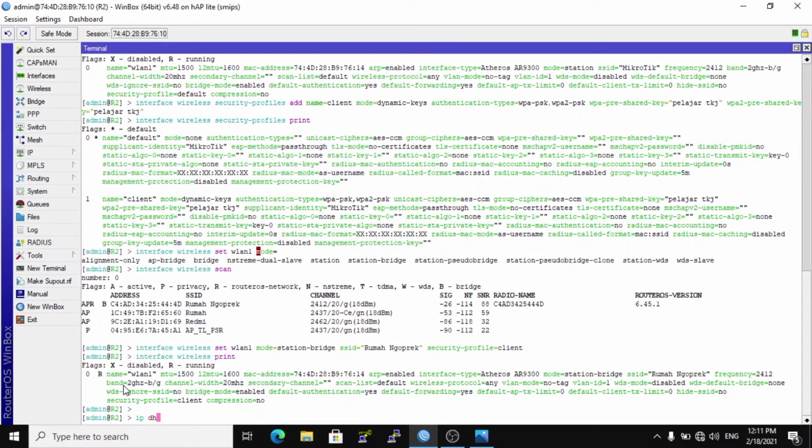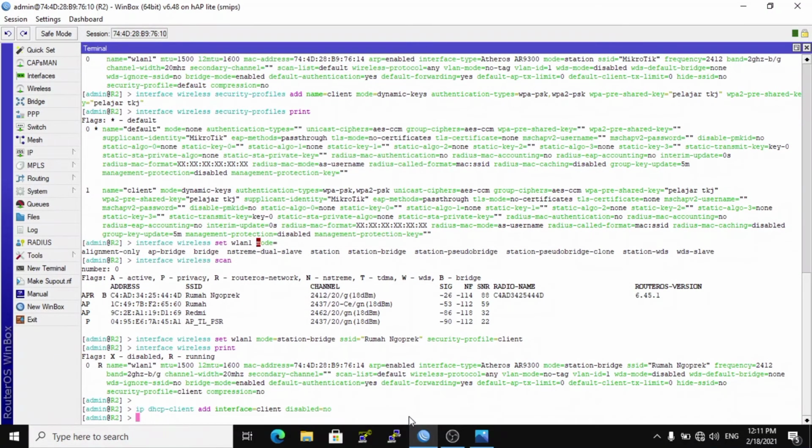Type IP DHCP client add interface client, disabled no. I am using interface client and enter.